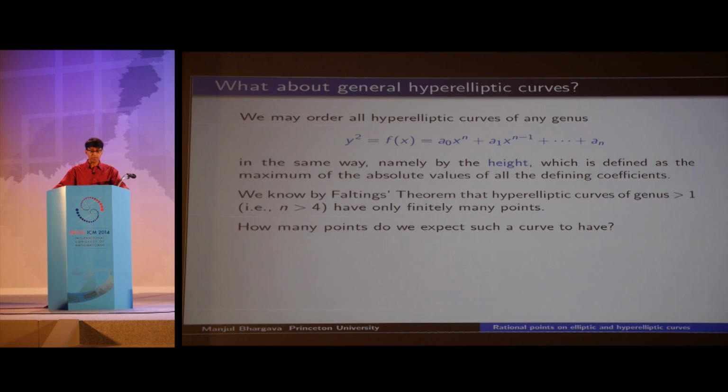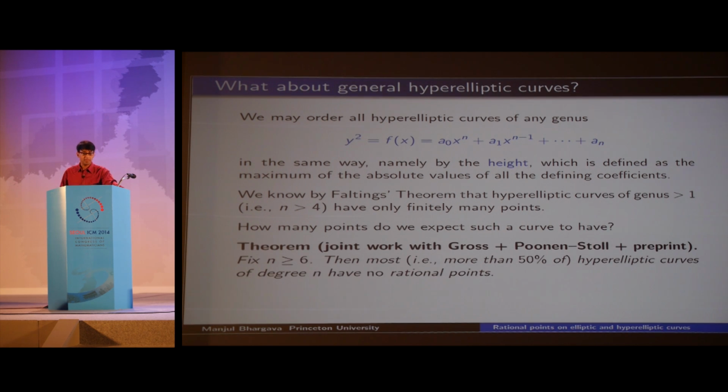But what I want to ask is, how many points do we expect typically such a curve to have? We know that there are finitely many solutions for such curves, but what happens typically? If we pick a random hyperelliptic curve, how many rational points do we expect to have? And so the theorem here, which is joint work with Dick Gross, together with work of Poonen and Stoll, and together with a recent preprint that's on the arXiv,